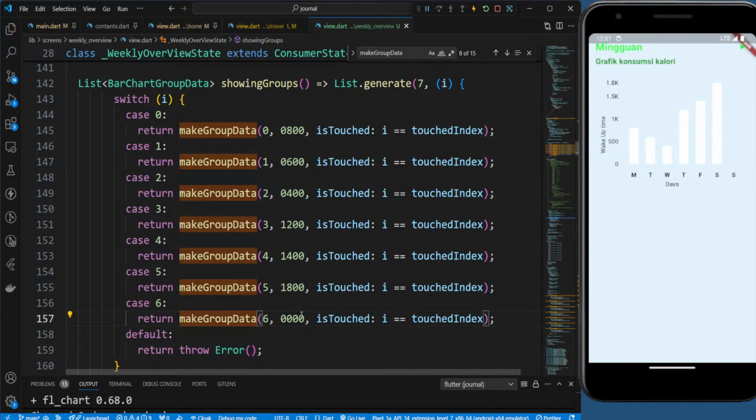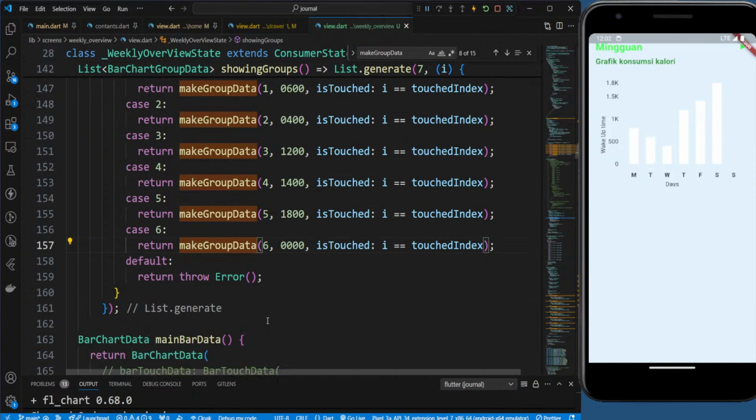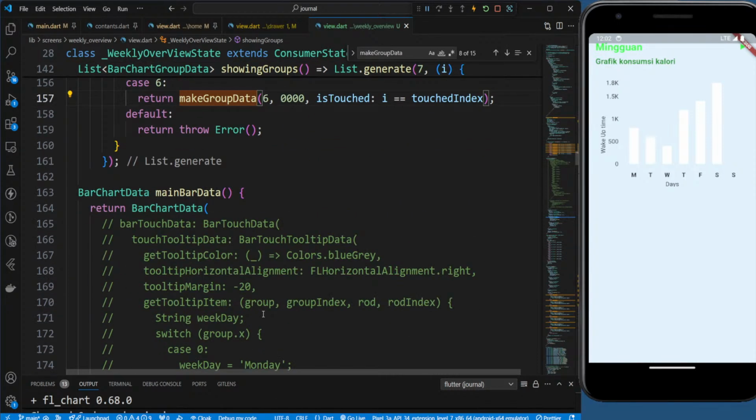Okay, so it will pick up in K. And can we somehow show the time on top of the